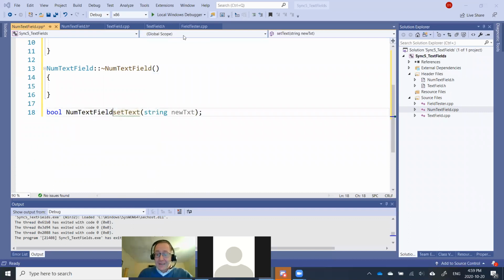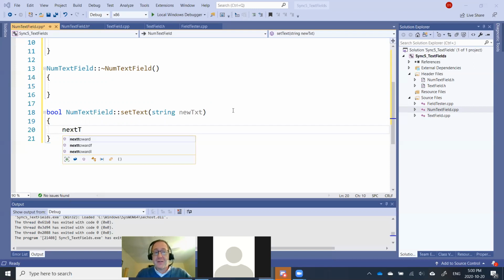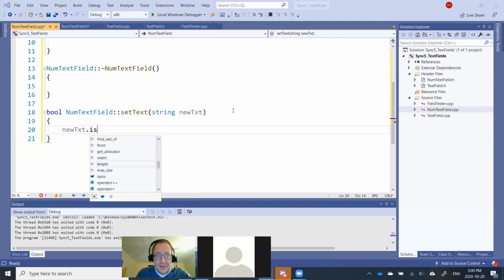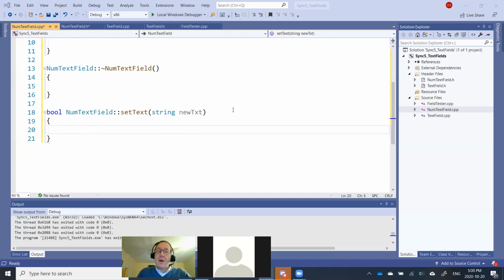I don't need the get text because it's not going to change from the previous version. It's just returning the string. This one will. This one, I'm going to say, you can't do squat. All you can do is put numbers in there, let's say. So what I need to be able to do is, let's see if this is a method. new text dot is alpha. Is there anything for is number? No, worth a shot. Okay, so what could I do here? I might want